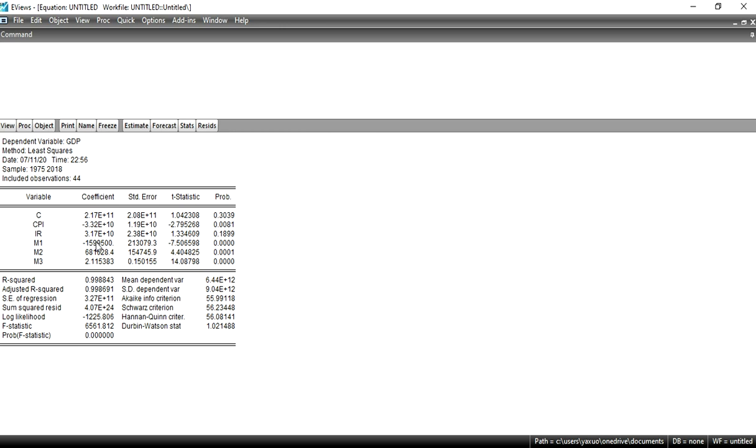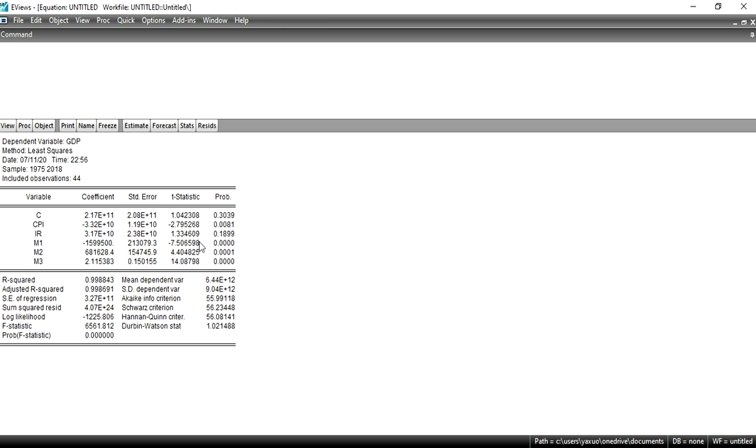There is another method by which you can check the existence of multicollinearity without applying any test to the model. If you have the OLS result and you see that most of your variables are insignificant but your R square is still high, then it means there exists a problem of multicollinearity.